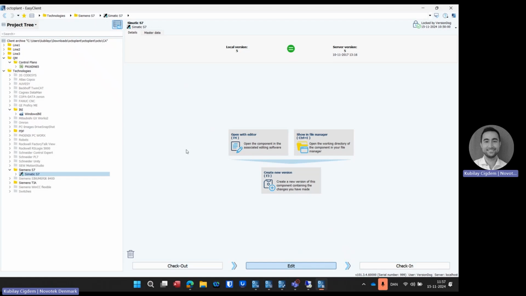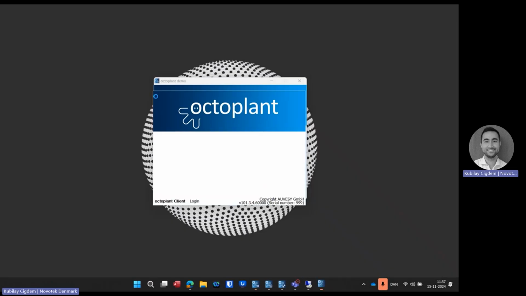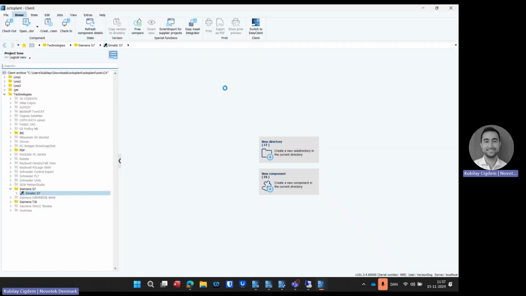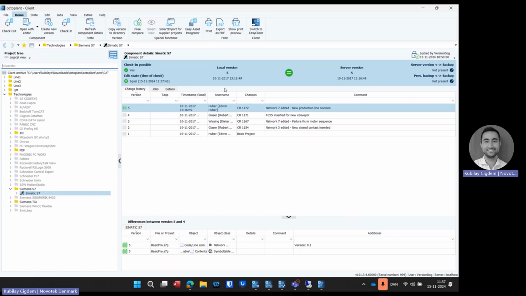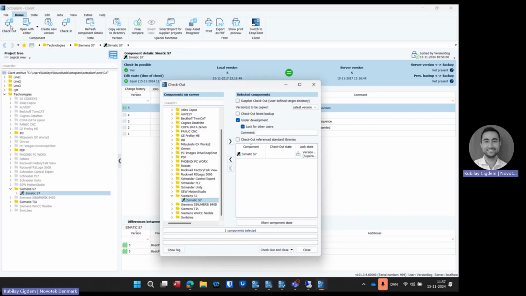So for day-to-day use, this is much easier to work with compared to the user client, but the user client has a lot more functionalities that can accommodate different user scenarios if needed. So examples of that would be if we click on checkout again, we have some options. So the easy client, it just checks out with the default settings, but the user client,